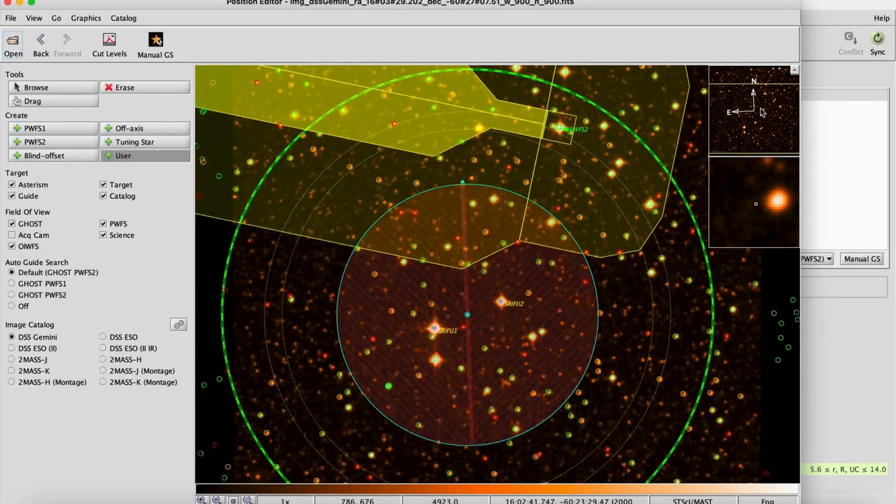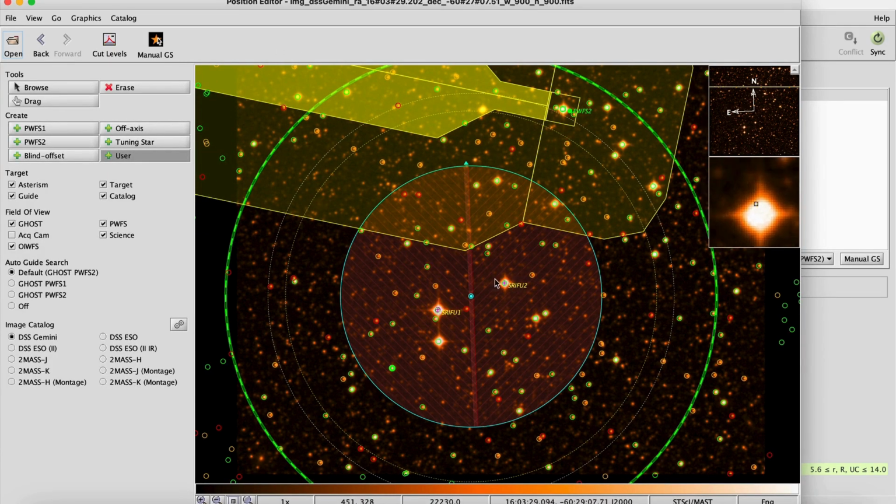If you open the image, you'll see the two IFUs placed on your two targets, located equidistant from the base position, which is marked in blue. If you decide that you want to observe a different target, for example, this target,